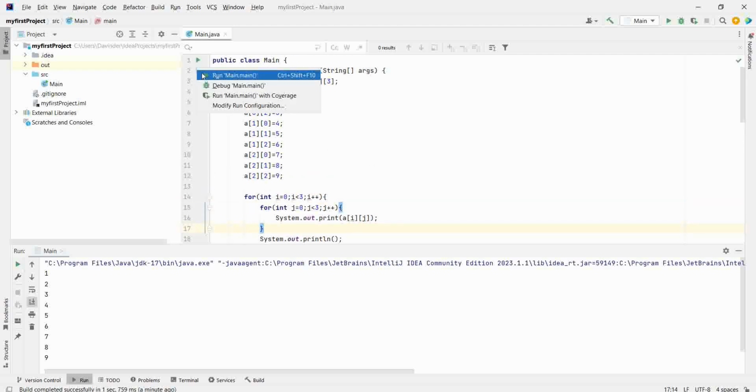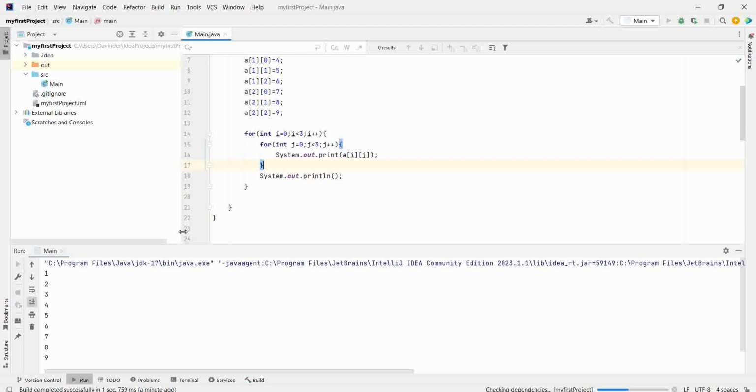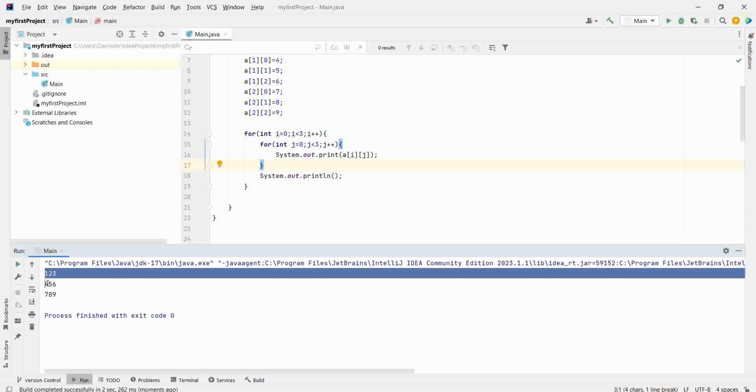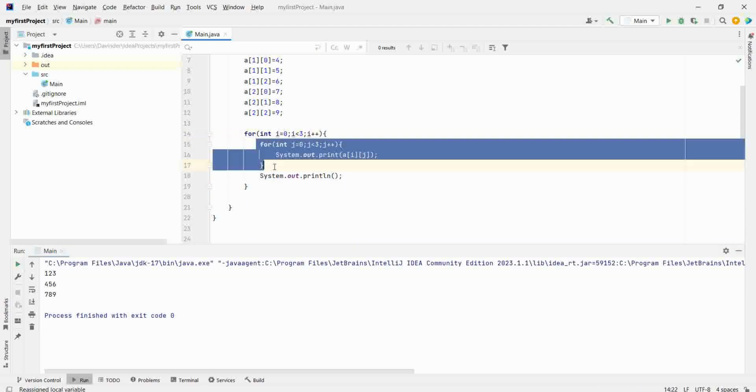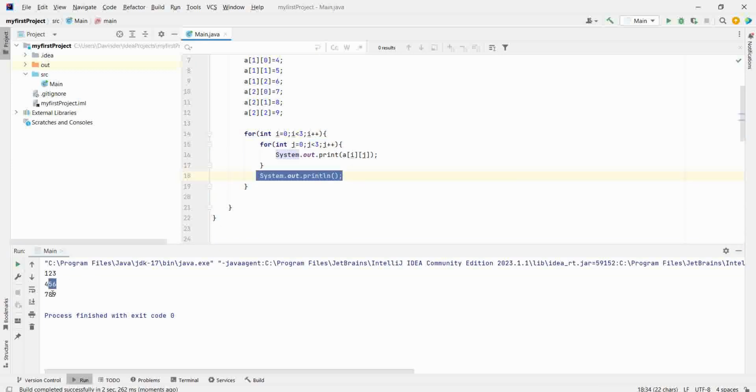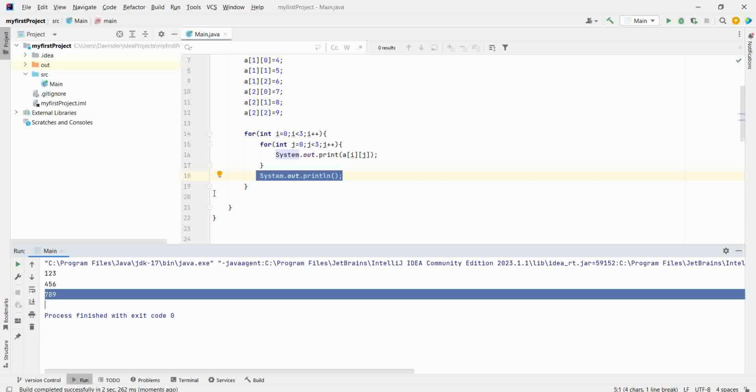Print only the next line. Now you will be able to understand the format. First, it will print 1 2 3 for this loop, then it will go to the next line, then when i is 1, it will print 4 5 6, then it will print the next line, and this way.